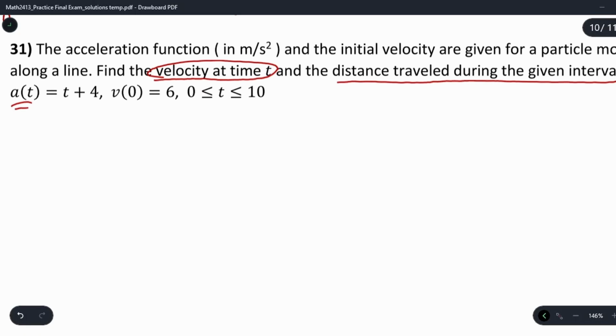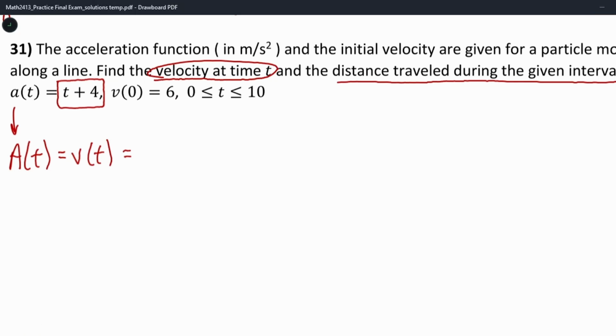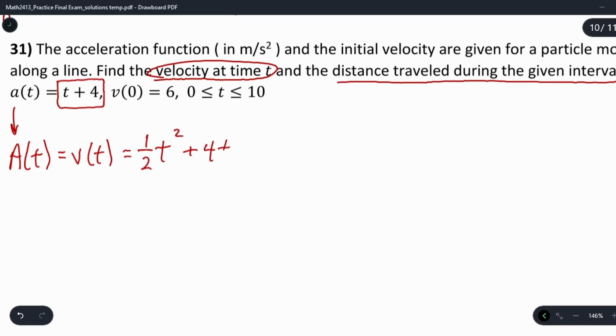So if I have the acceleration equation, we know that the antiderivative will give us the velocity. So capital A of t, remember we use a capital letter to represent an antiderivative, that will equal our velocity function, and we need to do the antiderivative of t plus 4. So for the t term, we're going to add 1 to the power, and then divide the coefficient by the new exponent, 1/2 t squared, plus the constant just gets a t,